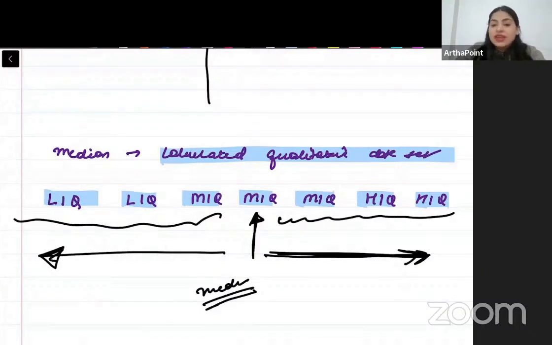So median can still be used for some analysis even on a qualitative data set, which mean cannot be used. I cannot say that on an average you have medium IQ. I cannot talk about mean that way, but I can still do some qualitative analysis using median. Okay, beta. Now,